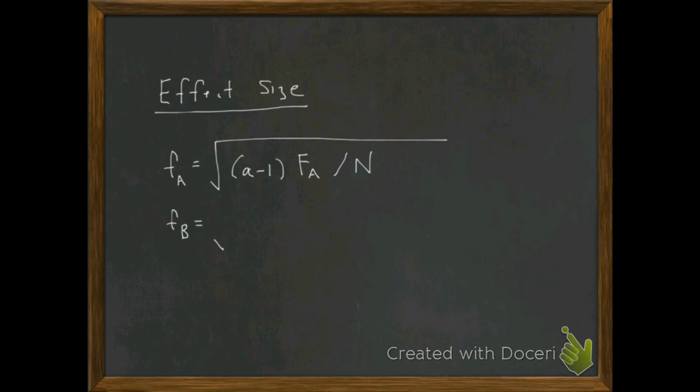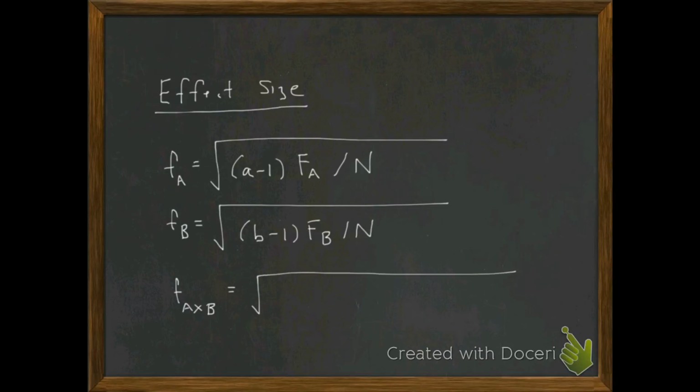Factor B, as you would probably imagine, and then the effect size for the interaction is just the product of the number of levels for A and B